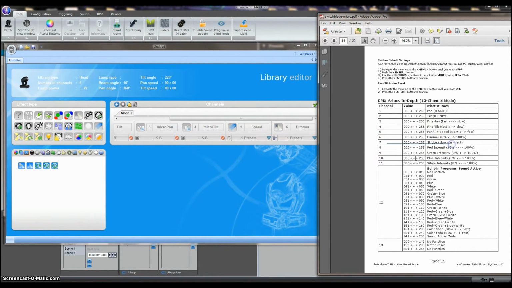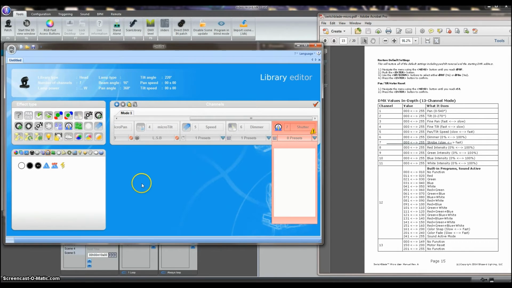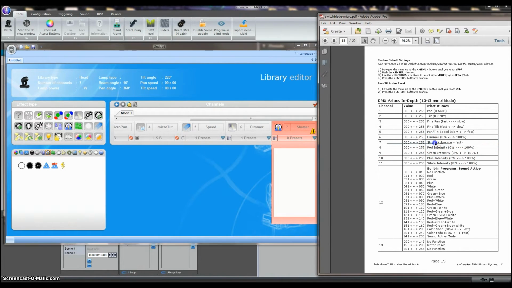Channel 7, we have strobe. So your strobe is right here. It's also noted as shutter. That's just what they call it in here. So click and hold, drag all the way to the end, drop it in, hit your blue arrow. Now here's where it gets a little tricky. And sometimes you will get a